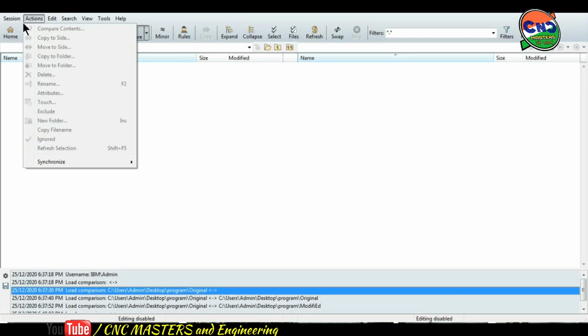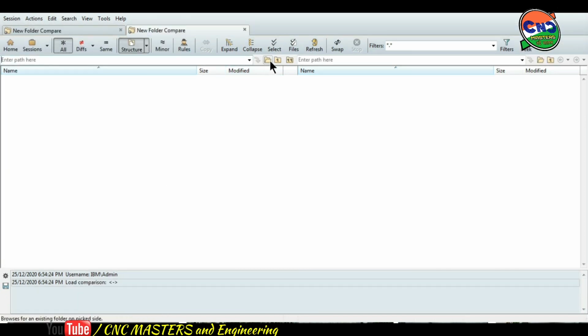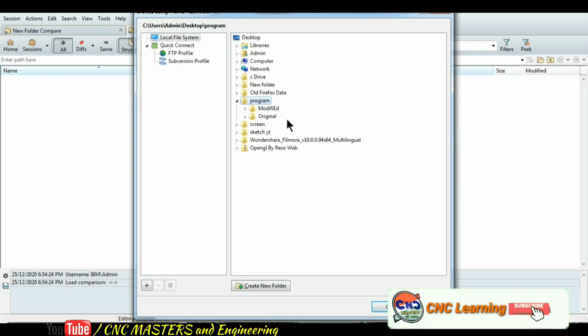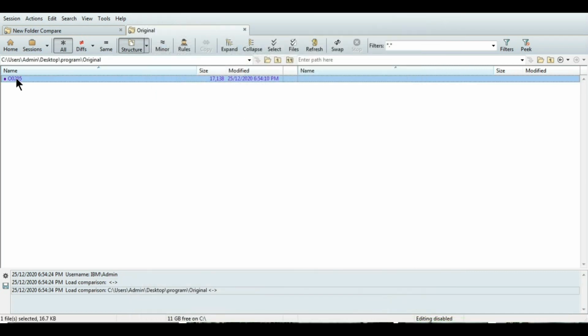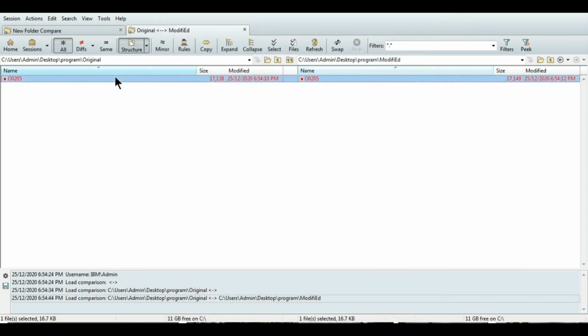If you want to compare a folder, just go to new session and say folder compare. You select a folder, so here you get the original program, which is already imported here. In the synced window, go to the program, then modified. You can see that if your folder has 10 programs each, then you can see all the programs here. I have only one program, so this folder has only one. When I select this program,